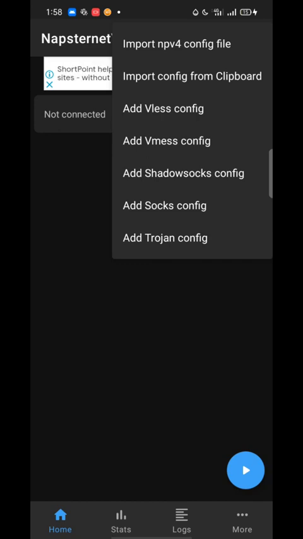The most important options are the first two, import npv4 config file and import config from clipboard, but the most important option is the first one, import npv4 config file. So that's where we shall tap. But before we do that, just know, for example, if someone sends you a file, an Napster.NET-V file to use